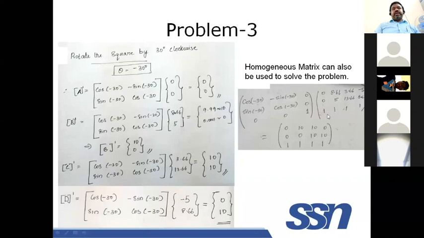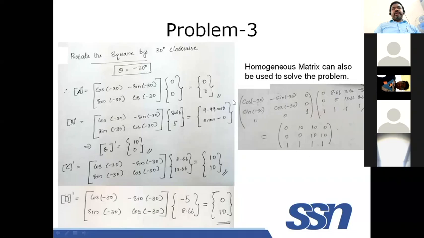This is point A 0 0 1. This is point B 8.66 5 1. This is point C. This is point D, written column wise. Do the multiplication from left to right. Understand? Left to right, because this is the point. This is the total transformation matrix. Multiply from left to right, you will be getting this expression.